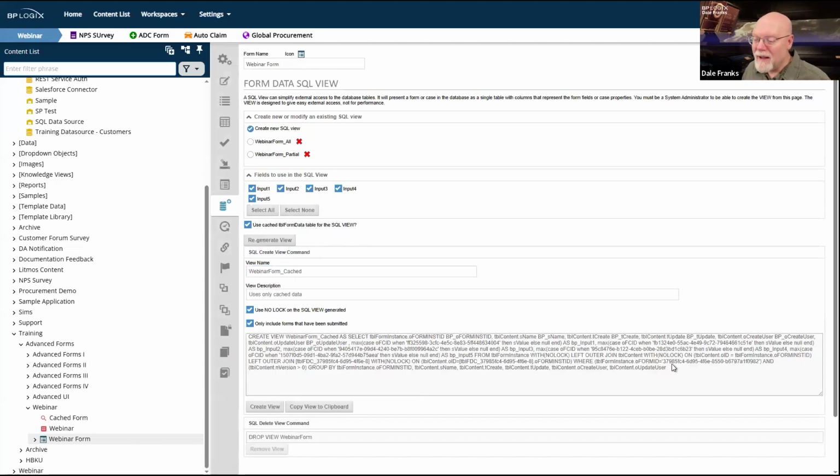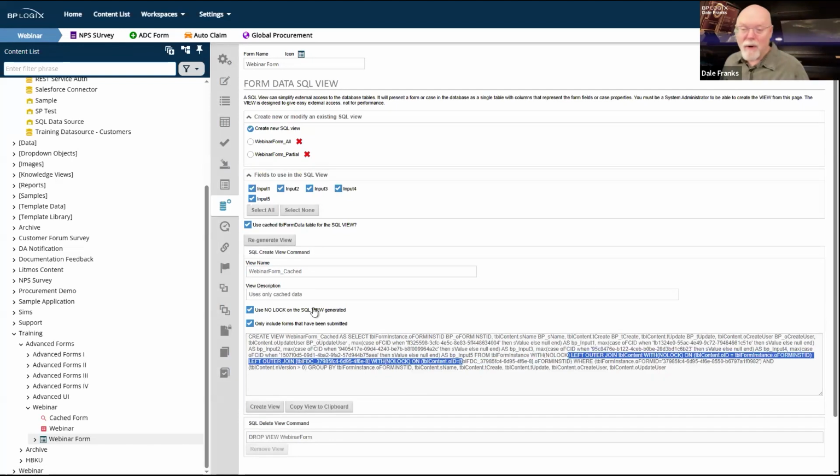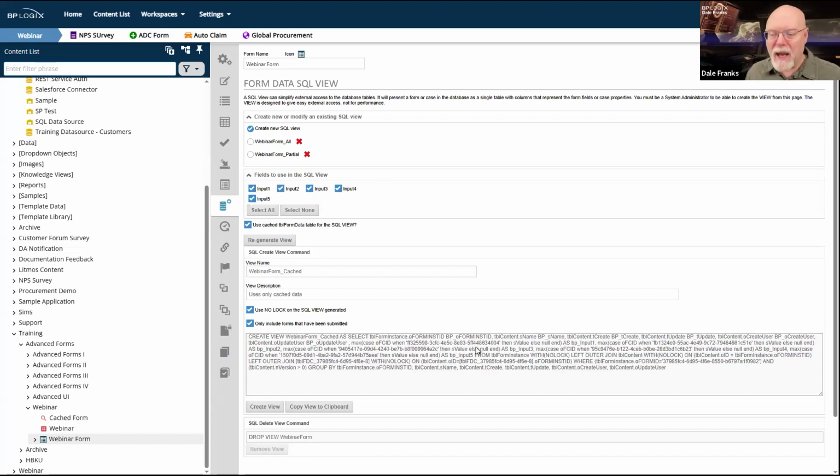It's hard to tell, but we have made some changes here, and we are pulling from a different table. There's our table that we're pulling from. So we have a much smaller pool of data. In fact, we want all of the data from that table in most cases. We don't have to chop through millions of records in table form data. We're just going to grab this data from the cache.